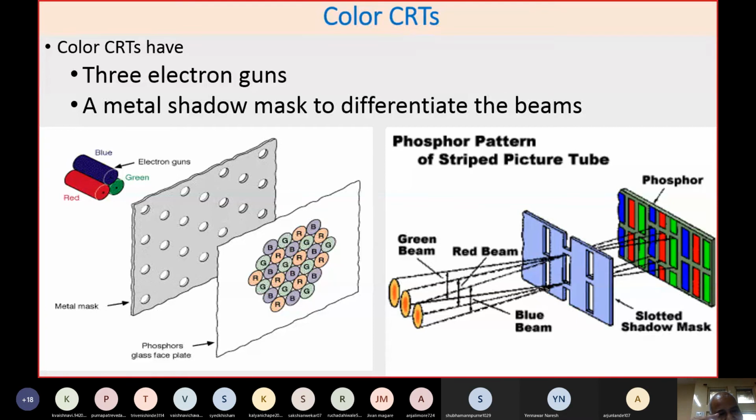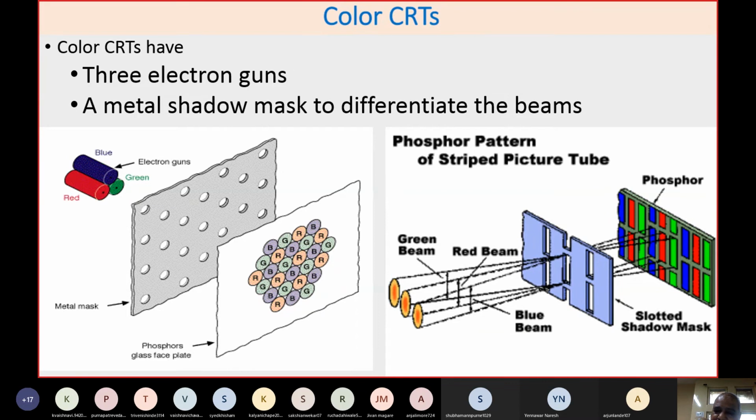These are analog signals. These analog signals are directly applied to the three cathodes of the three guns. Based on their intensity, it will generate the respective beam of either red, green, or blue. Then the beam is allowed to fall on what is called a metal mask or shadow mask. This shadow mask is of a typical construction where, if it is properly fixed into your picture tube, the appropriate RGB beams come out through it and are directly incident on the respective dots of RGB.